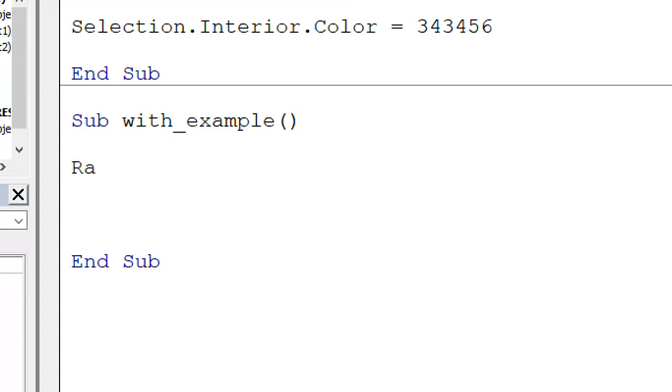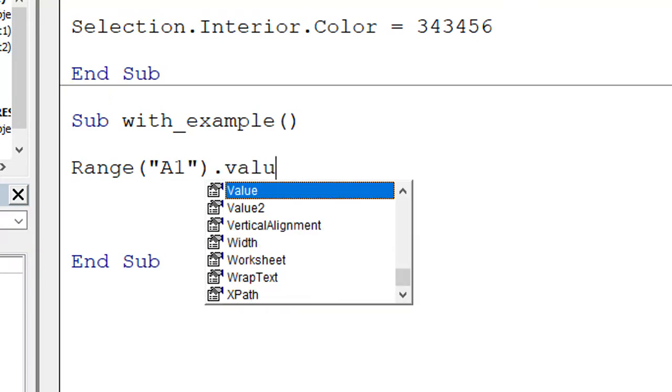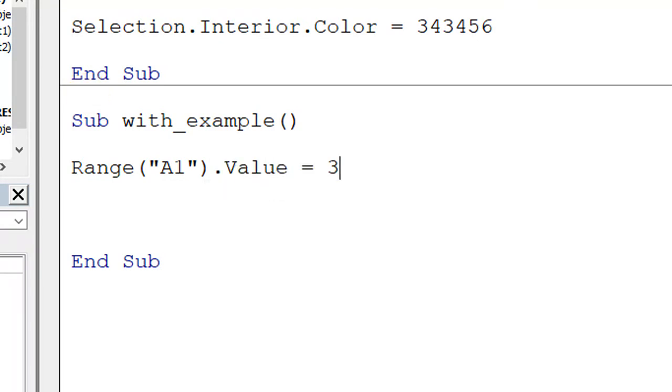So I'll say Range("A1").Value = 35. I believe those who have seen all 7 video tutorials will be quite happy in understanding this line. There will be no issues, right? Fine. So what I have done is changed the Value property of A1 to 35.